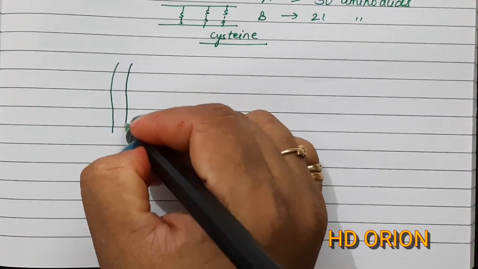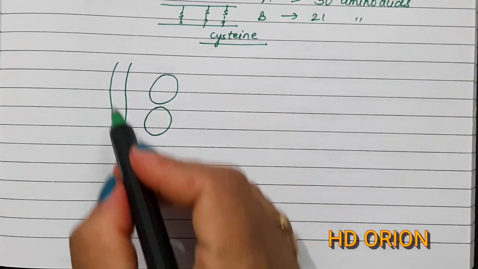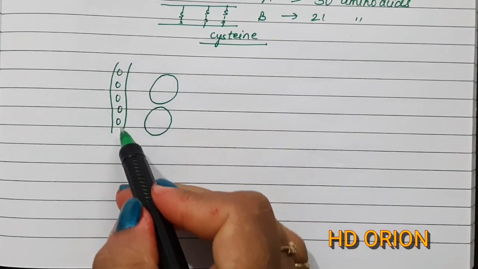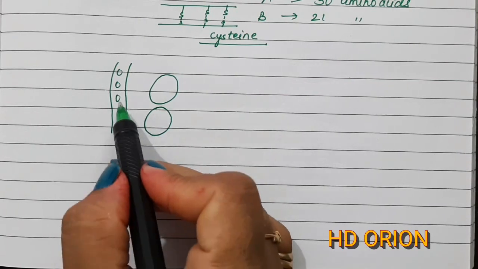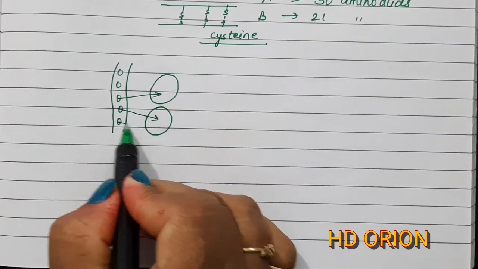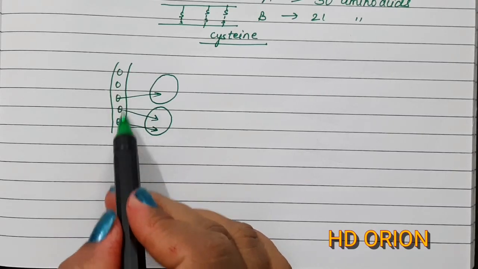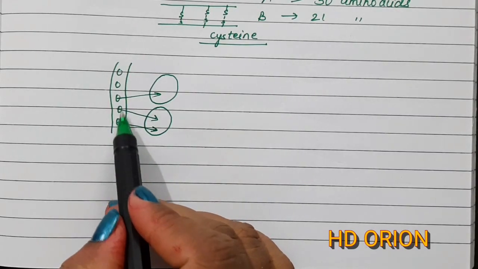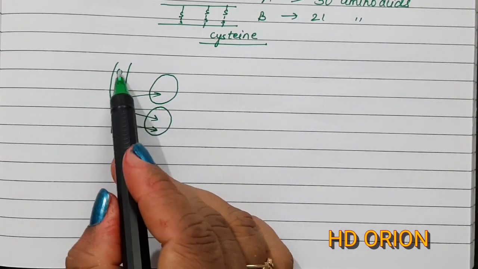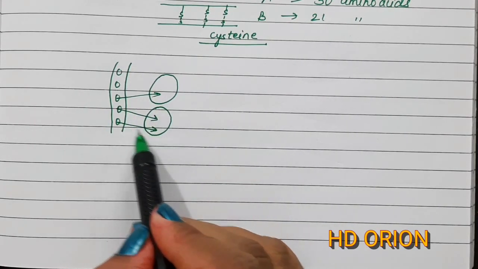Suppose this is the blood vessel and these are the cells. So when the glucose molecules are present after the digestion in the blood vessels, due to the presence of insulin, the insulin will help in the uptake of glucose by the cells. So when the uptake of glucose increases in the cells, the glucose level becomes lesser in the blood. This is necessary because the glucose has to come inside the cells.